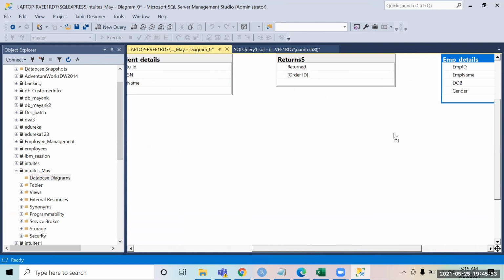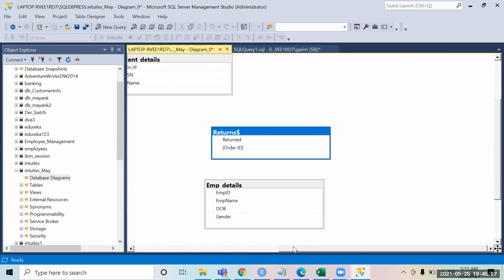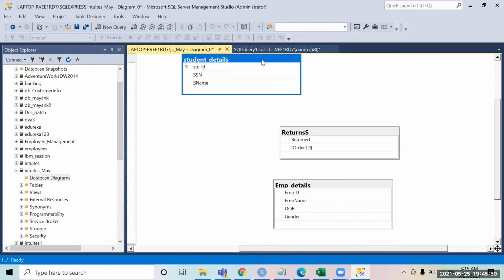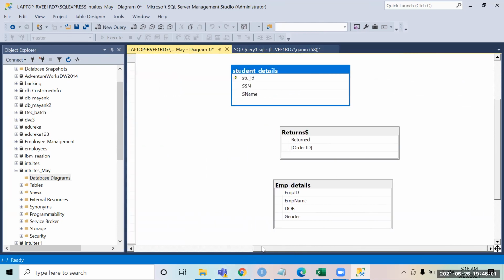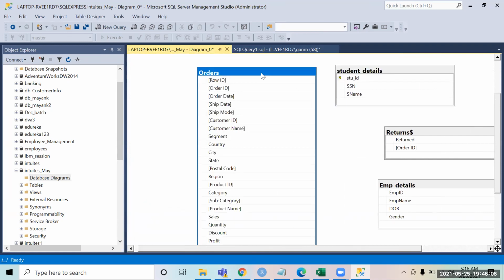Right. So now if you see over here, I have multiple tables that I can see. If you see these diagrams right now, these can be multiple, right? You can have many such tables with you. Schema is generally a concept that we use in the data warehouses. It is not technically used in the databases, right?